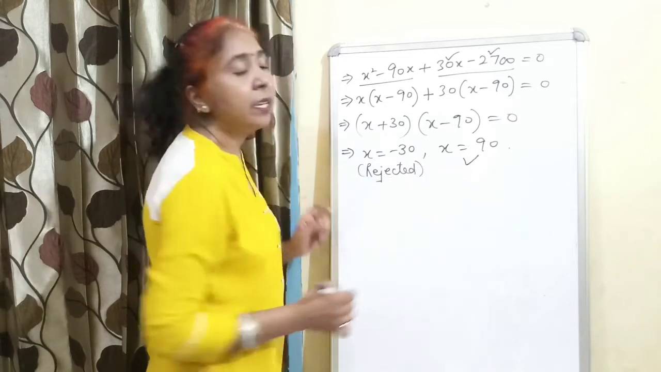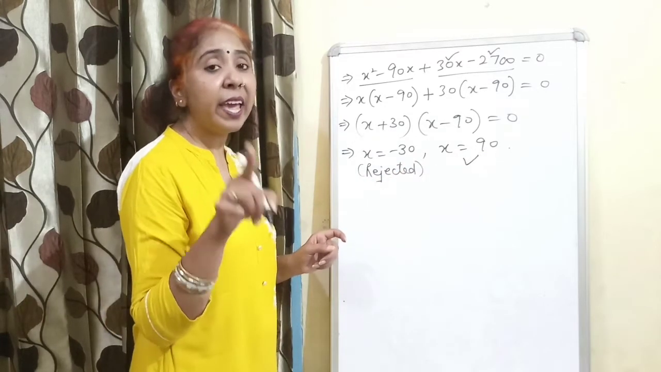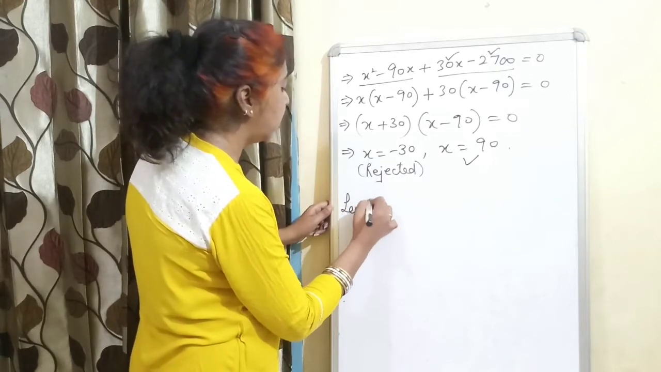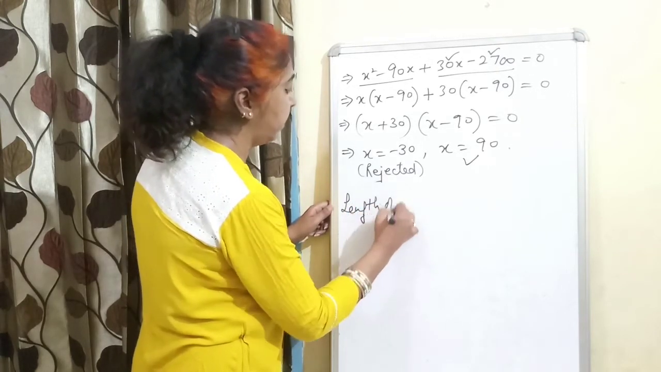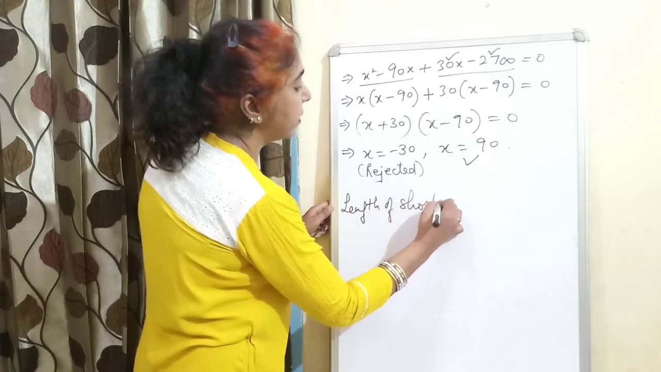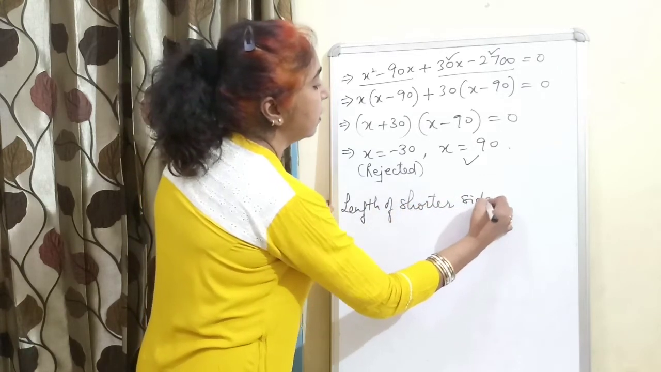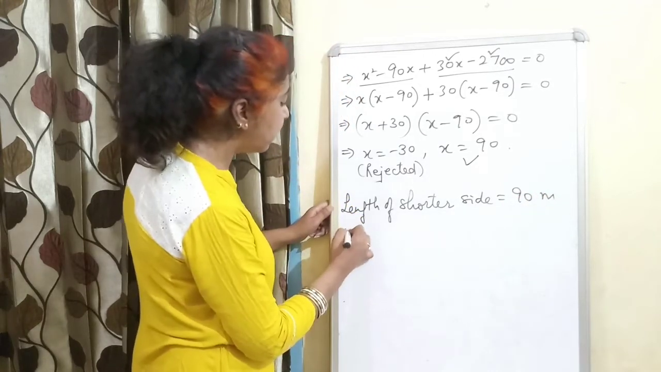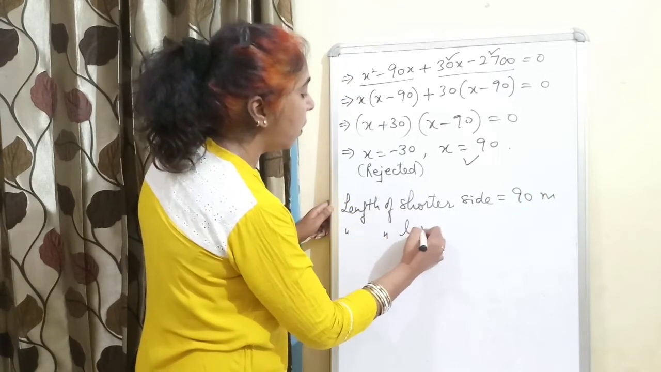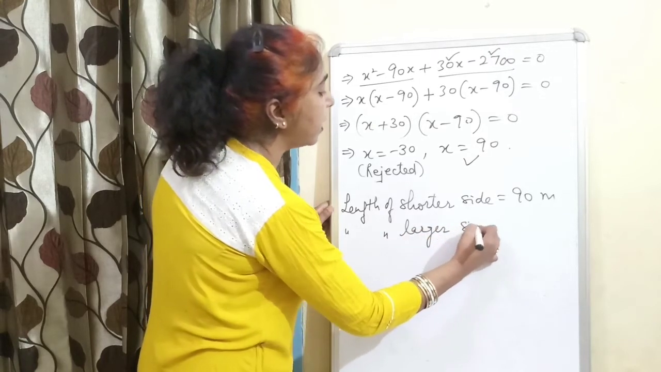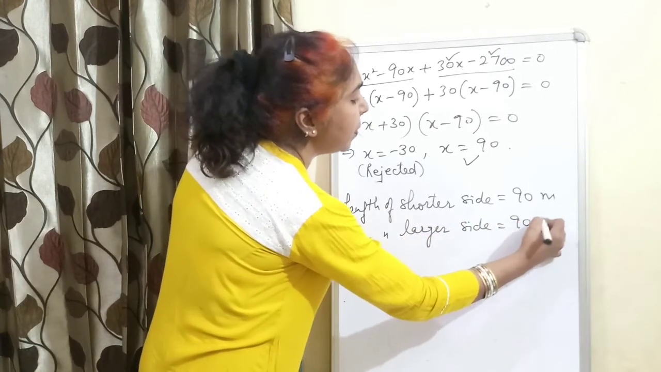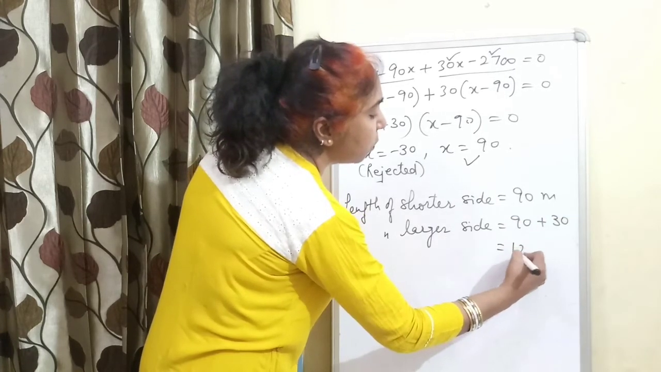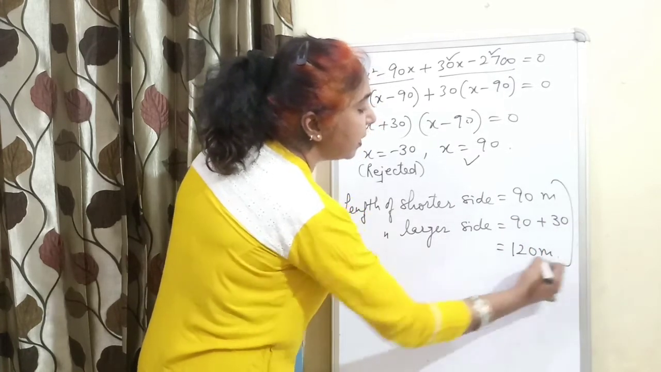And now x is 90, and we have supposed x as the shorter side. So the length of the shorter side is equal to 90 meters, and accordingly the length of the larger side, which is 30 meter more, is equal to 120 meter, and these are the